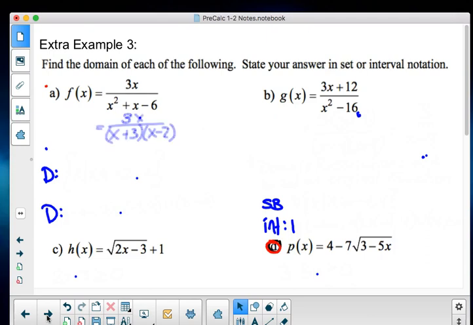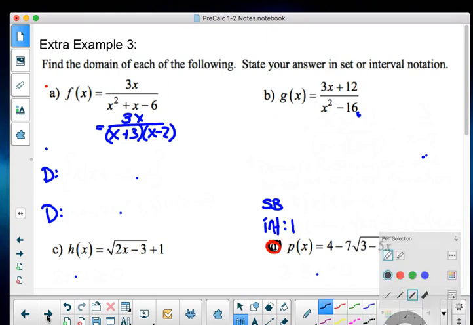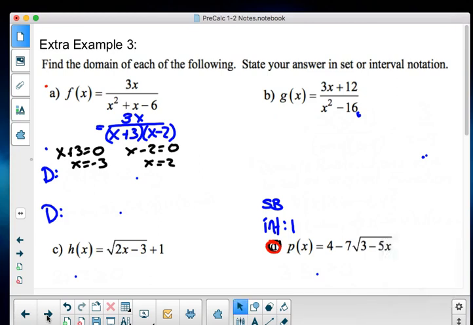So in A, I'm going to factor x squared plus x minus 6. I want to factor it as x plus 3 times x minus 2. This means I have negative 3 and 2 as my restrictions. So x plus 3 equals 0 when x is equal to negative 3, and x minus 2 equals 0 when x is 2. Now, if I put this in my set builder domain,